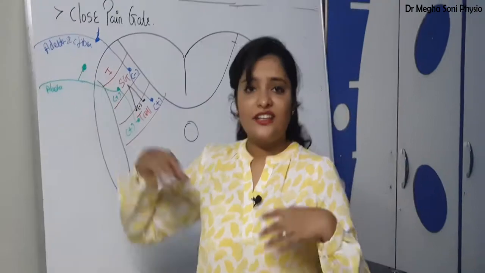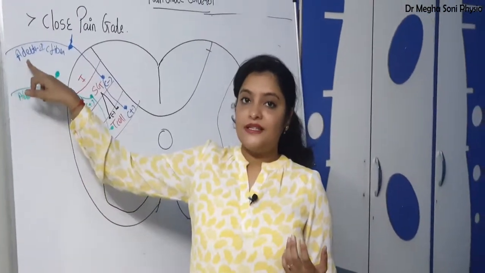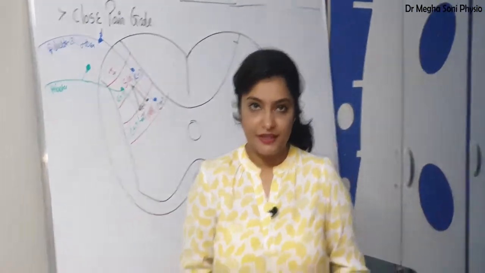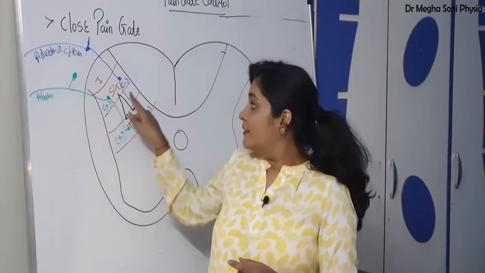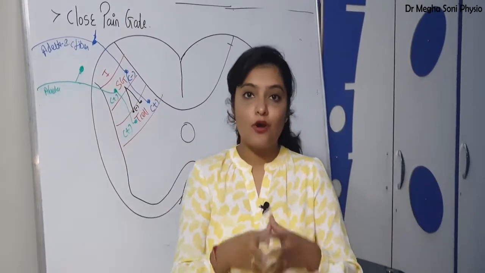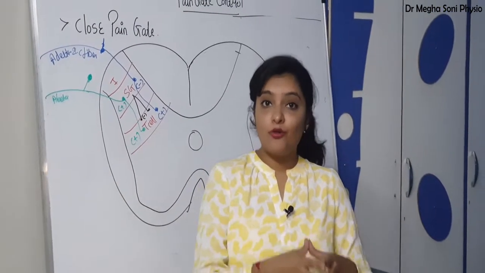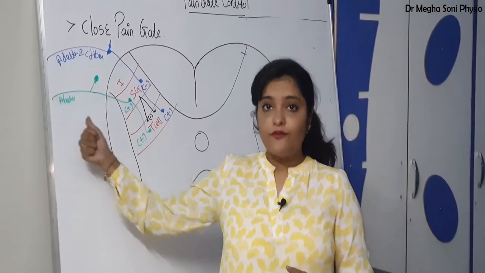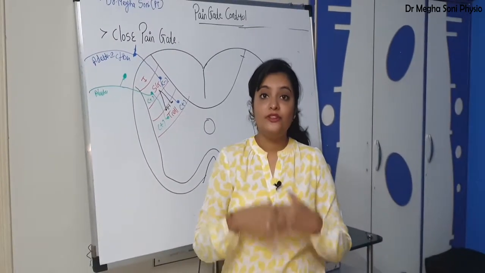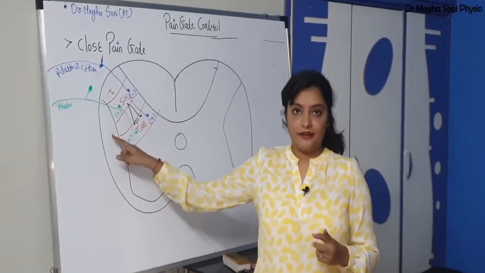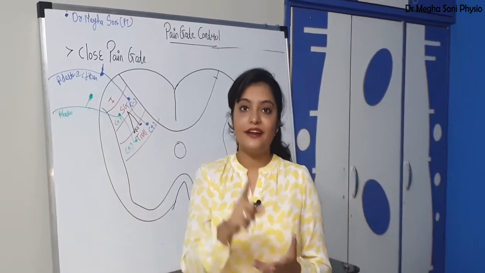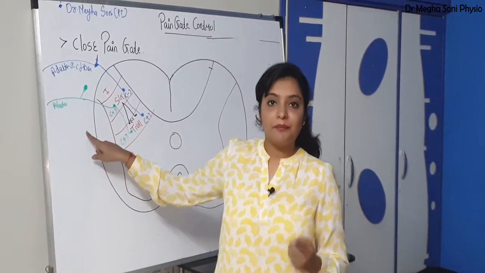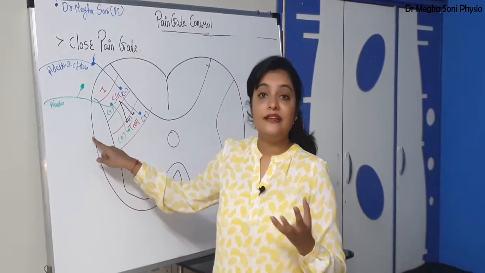Now, a few external forces, meaning the A delta and C fibers, want to attack Maheshmati. They know the characteristics of Bahubali and Ballal Dev: Bahubali is positive in character and Ballal Dev is negative in character. If they want to attack Maheshmati, they have to pass through the first gate, the main gate, which is guarded by Bahubali. So for the attack, they first need to suppress Bahubali, that is the SG cell, and they need help from Ballal Dev.